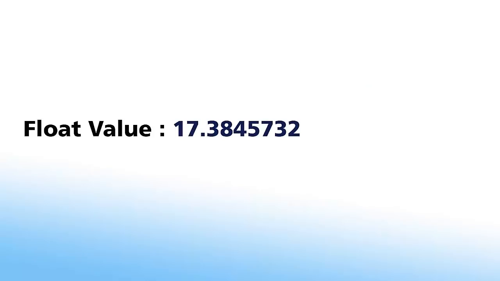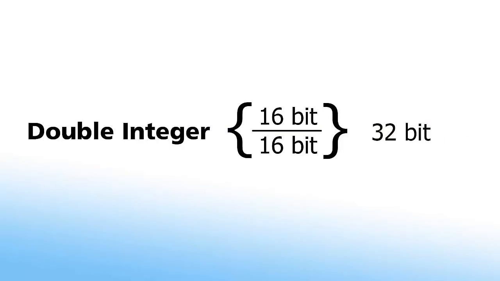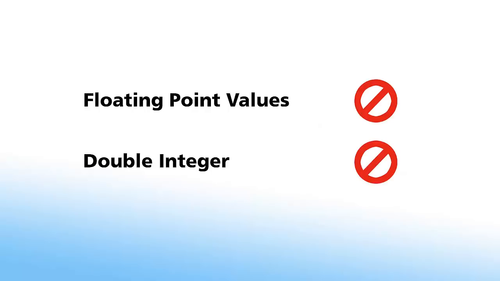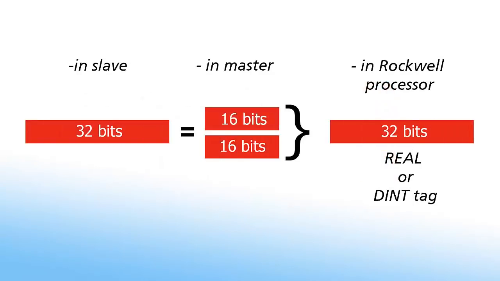Float values are any real number with a decimal point that is represented by a 32-bit register. Double integers, or dints, are simply 2 16-bit values stacked together, also represented by 32 bits. This presents a small problem since Modbus does not have a float or dint data type. The solution, obviously enough, is that the 32-bit value is broken into 2 separate 16-bit registers and then recombined into a 32-bit real value. This is accomplished by copying the 2 16-bit registers to one real tag in the Rockwell